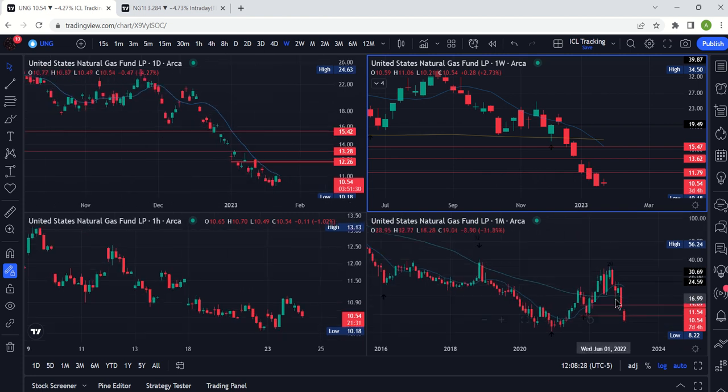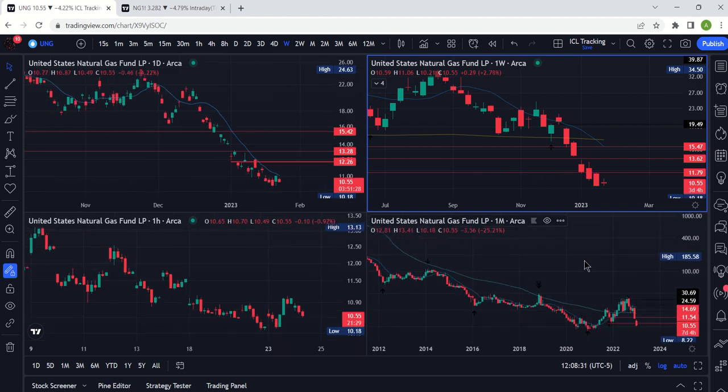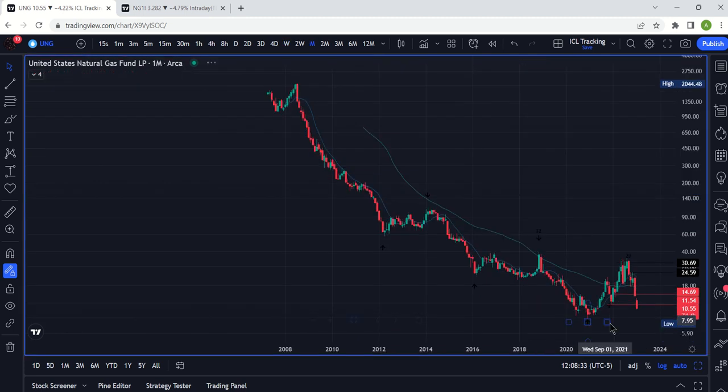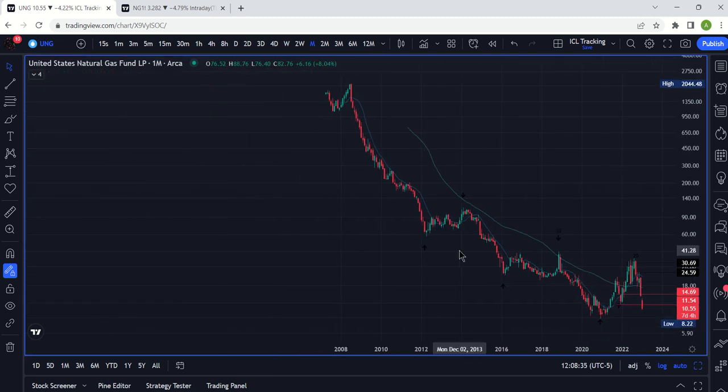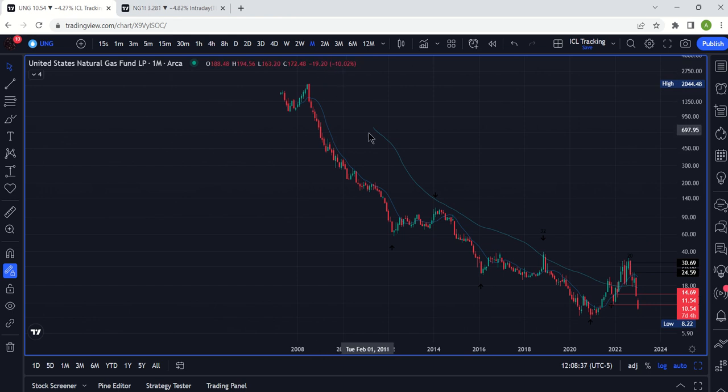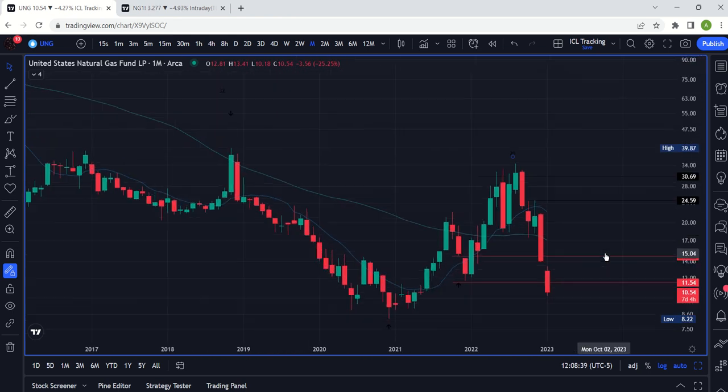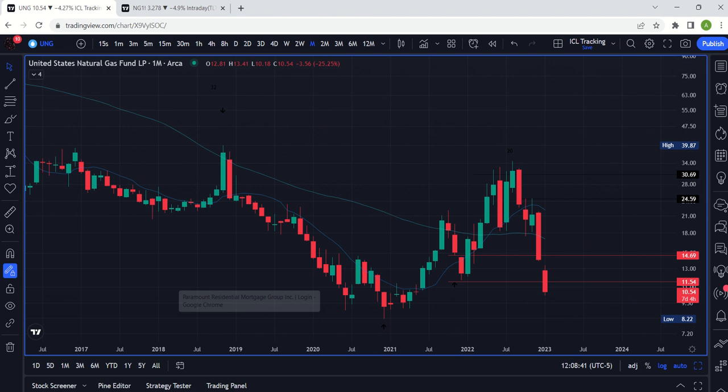Not right, because yesterday was the first day of this week, obviously. And for UNG, not making all-time lows, but zoom out on this chart. My God, what a vicious downtrend this thing is, right? And the all-time low for this thing is $8.22. Seems very likely that level gets tested in the